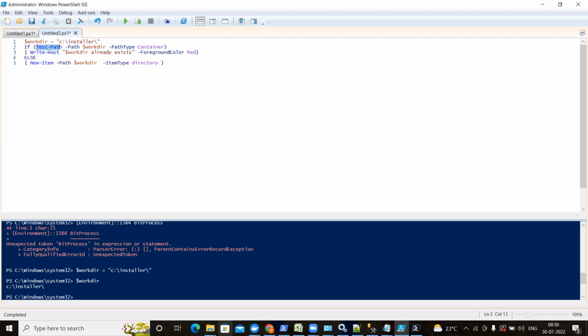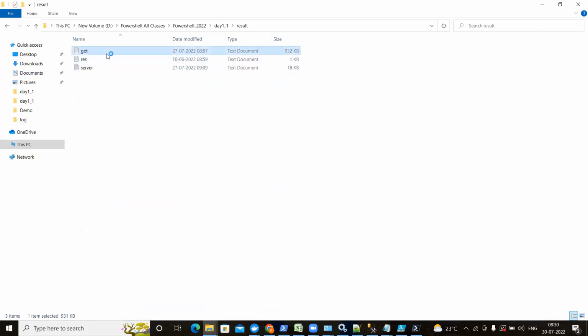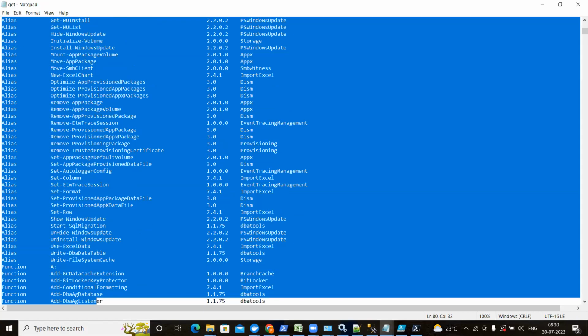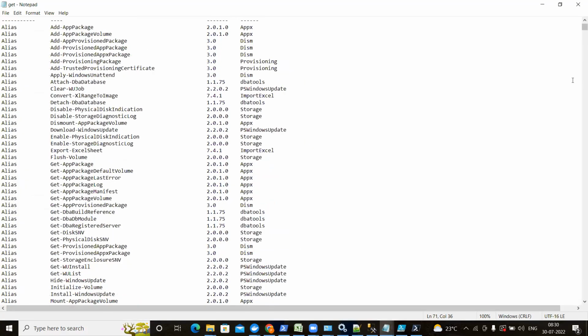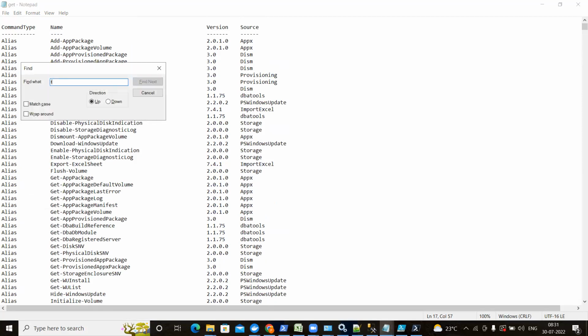Yesterday I also ran the Get-Command, right? With Get-Command you can see there are hundreds of commands. We are going to discuss a few important commands within the script only. I am not going to take a separate session for that. If you press Control F and I write Test-Path, and I run this, you can see